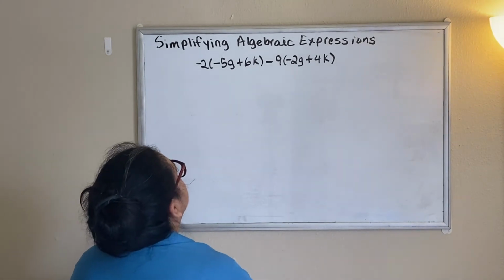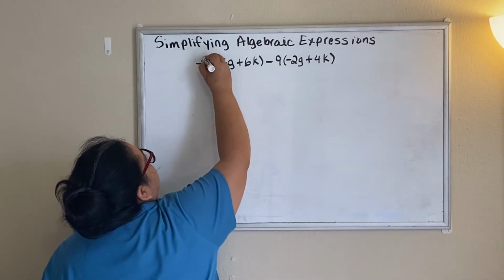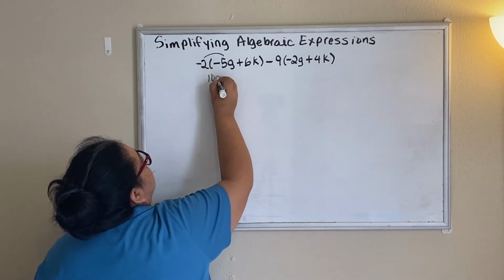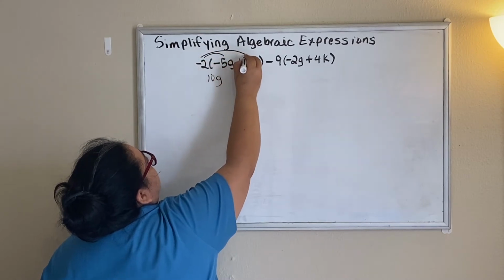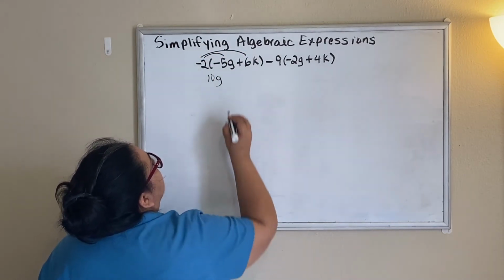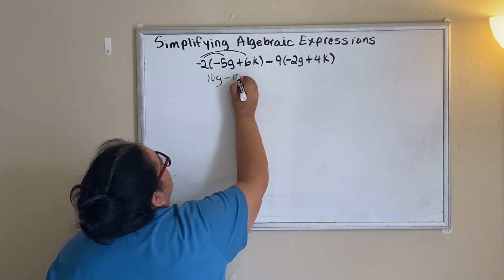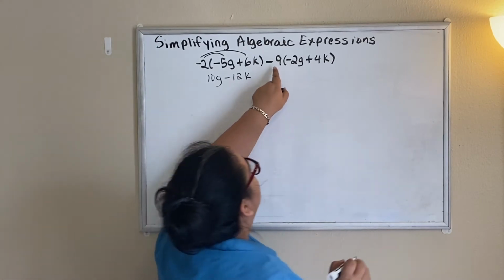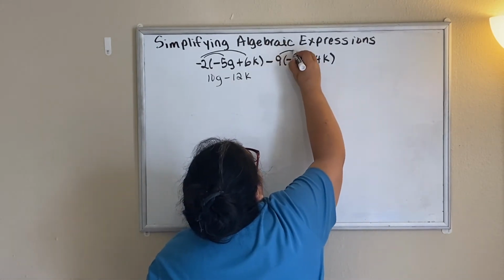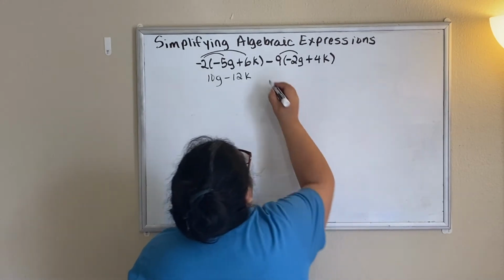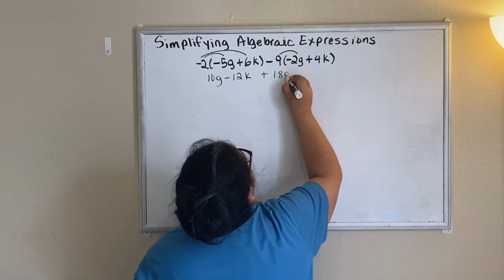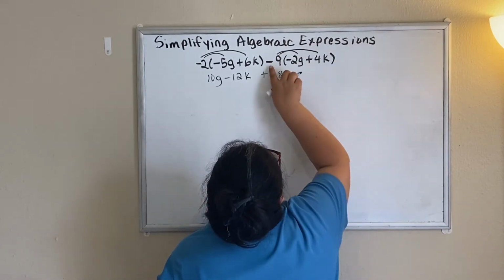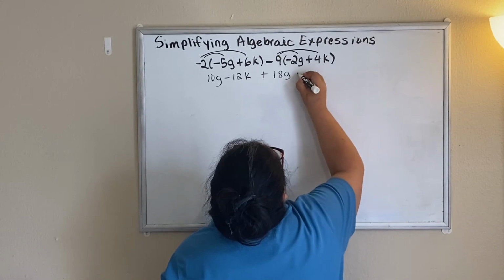So we are going to distribute the negative 2 to the negative 5g, and that's going to be positive 10g. Then we're going to distribute negative 2 to 6k, and that's going to be minus 12k. So that's the first part. Now we're going to move on to the second part. We distribute negative 9 to negative 2g, and that's going to be positive 18g. And then we distribute negative 9 to positive 4k, and that's going to be negative